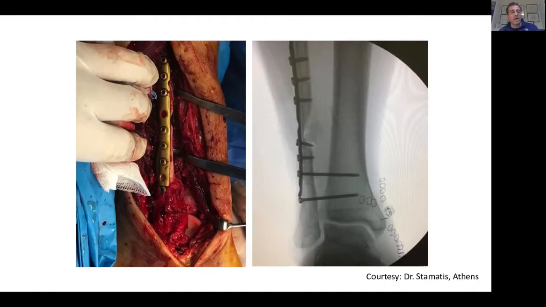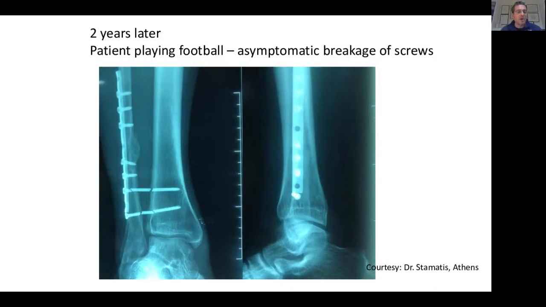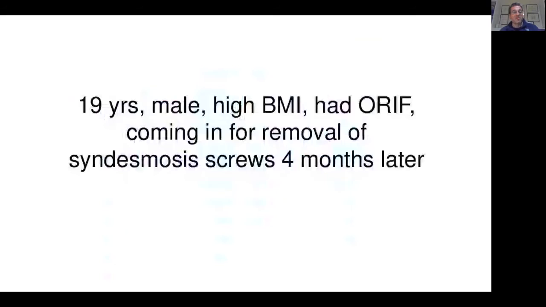The patient went away, and a few years later he called him to see what's going on, and he said, well, I'm playing football again, I never bothered about it, we never knew when the screws broke. He had an excellent outcome because the fracture was fixed properly and the syndesmosis was stabilized. You see the new bone formation in the fibula. This was a young patient, good biology, and that was probably the reason why his syndesmotic ligaments healed with some scar tissue in the distal tibiofibular syndesmosis area, and that's why his ankle remained stable. The same applies to the deltoid ligament. My colleague did not repair the deltoid ligament.